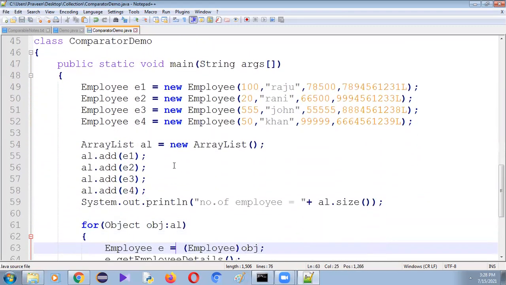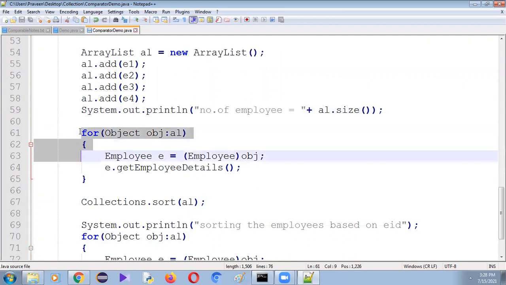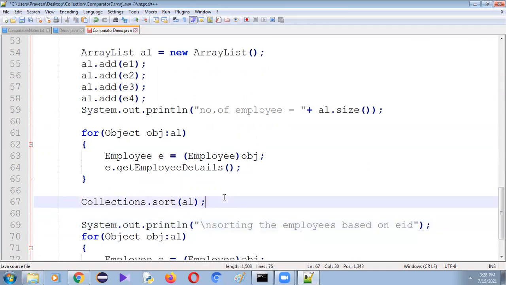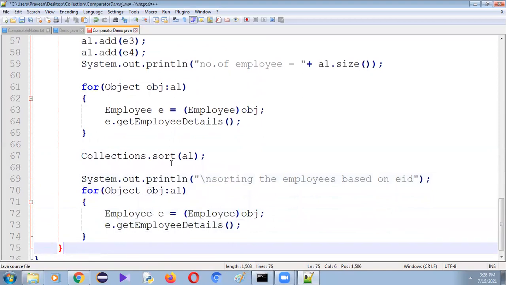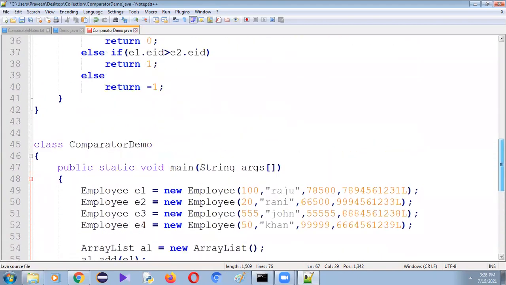Here, as usual, four employee objects are created, and we store those employee objects. We are displaying the size, and we are displaying the four employee details. Next, whenever we are calling this Collections.sort method, I want to sort the employee objects based on employee ID.